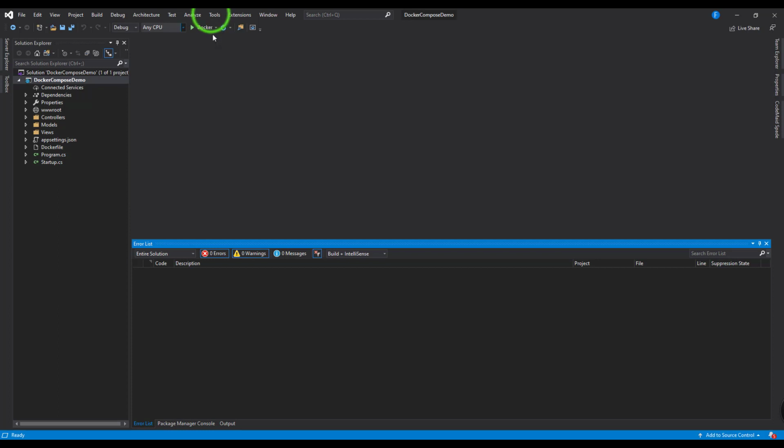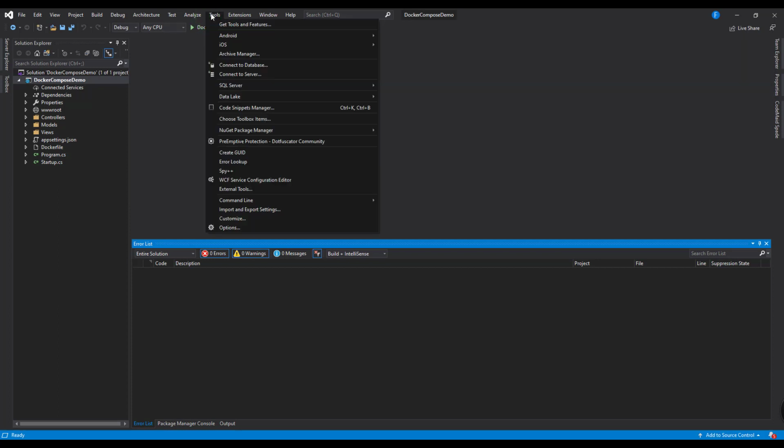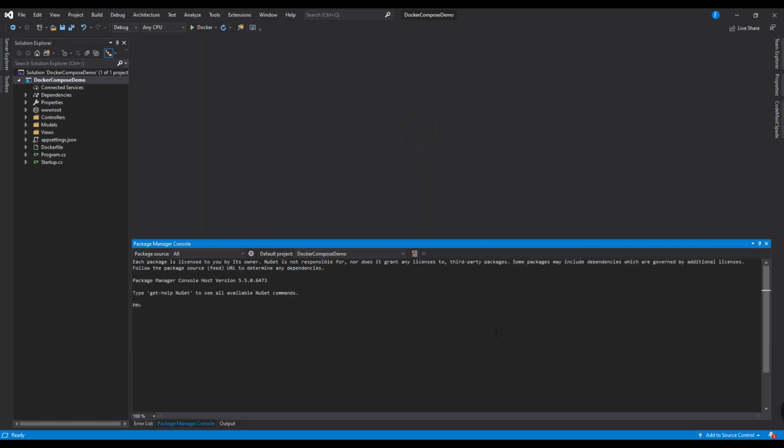So go to Tools, then NuGet Package Manager, and open the Package Manager Console. If you are wondering why I am doing this: to create a model for an existing database in Entity Framework Core, we need to run the scaffold command.